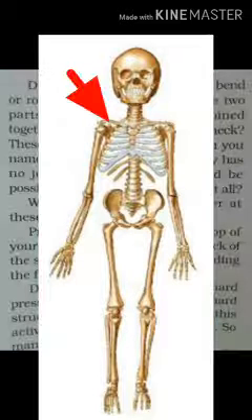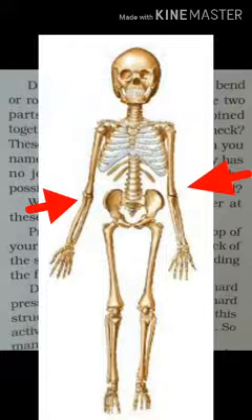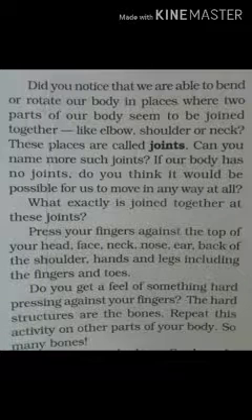So you can move your hands from the shoulder. Similarly, your upper arm is joined to the lower arm at the elbow. So you can bend your hands at the elbow. These places are called joints. If our body had no joints, we would have been as stiff as a wooden plank, and there would have been no movement possible for us.